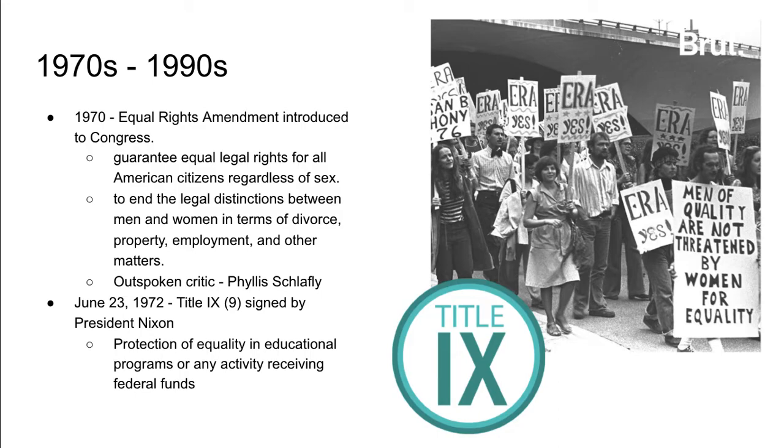Now, you may be thinking about this piece of legislation and be like, well, duh, we need boys' bathrooms, we need girls' bathrooms. That wasn't legally required up until 1972. And sports was a big piece of this legislation as well. Girls, I know that we like doing sports. You want to run, you want to be on the track team, you want to have a basketball team. Schools didn't have to provide that to you because of your sex until June 23rd, 1972.